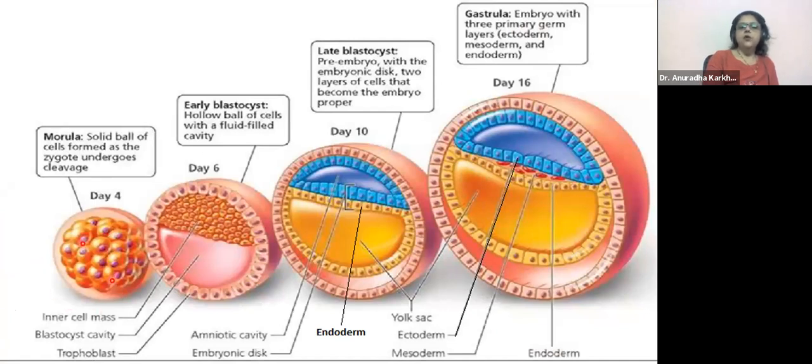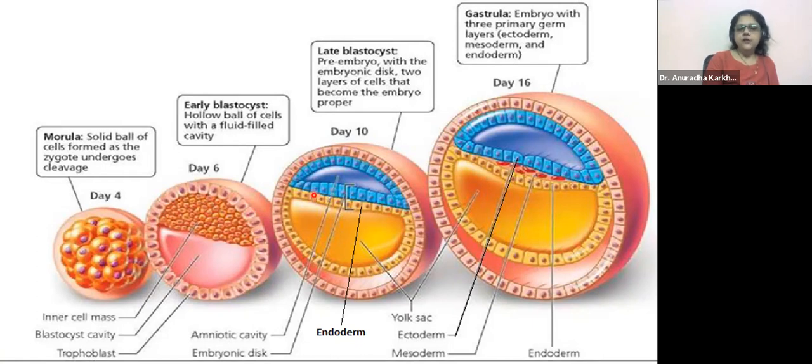The cells of the morula were getting pushed towards one of the sides, towards the periphery. Then in this area, this was your cavity, which was called the blastocyst cavity. Then the lowermost layer, that is the hypoblastic layer of the inner mass of cells. These are the inner mass of cells, right? And this outer one were the trophoblast cells.